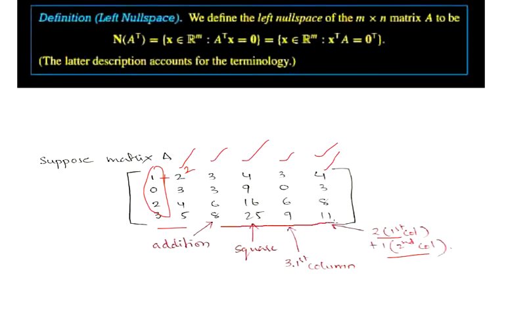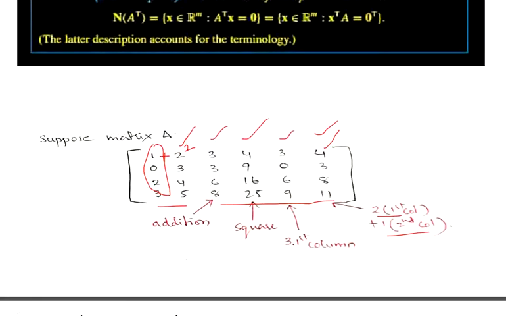So these four column vectors are not the basis, or are not the column space, because these are not unique. They can be formed by using the other two column vectors. So these two column vectors are called the column space. That's what I wanted to tell. What does span mean? If somebody asks what the spanning set of the matrix A is, it is nothing but the column space, meaning they are asking you about the unique column vectors in the matrix A. So the spanning set of this matrix A is column 1: 1, 0, 2, 3, and the next column vector is 2, 3, 4, 5. This is called the spanning set.